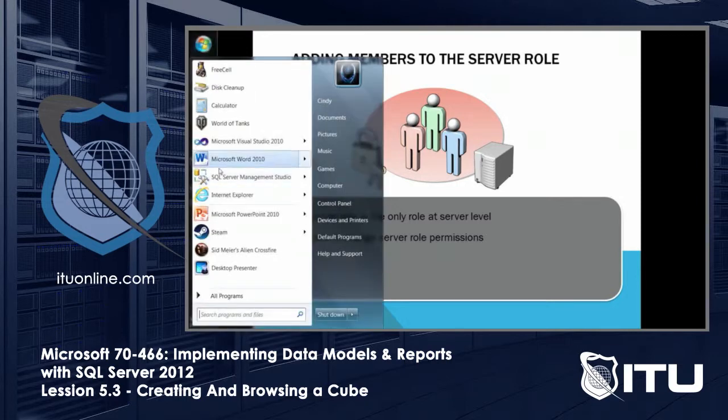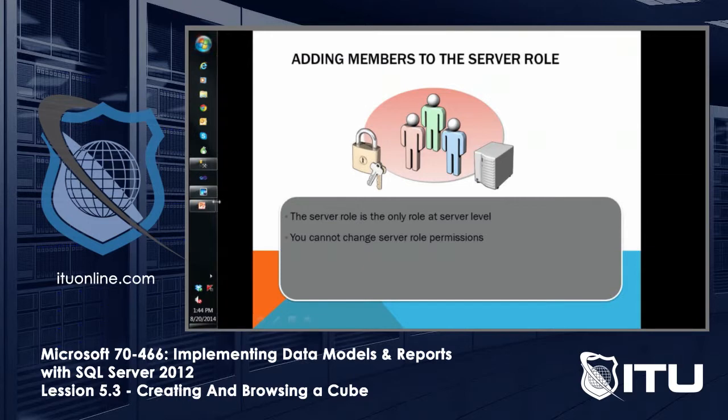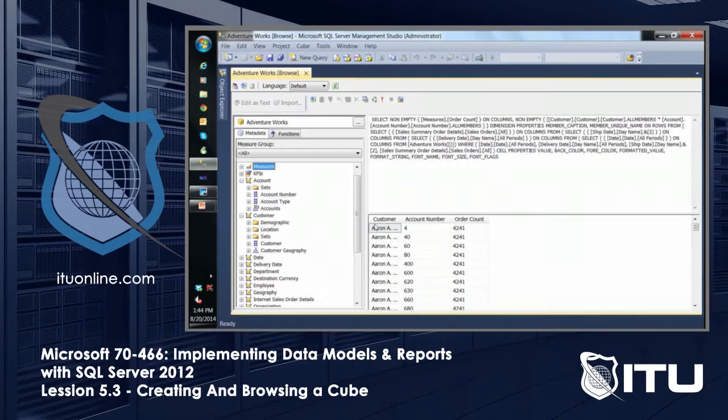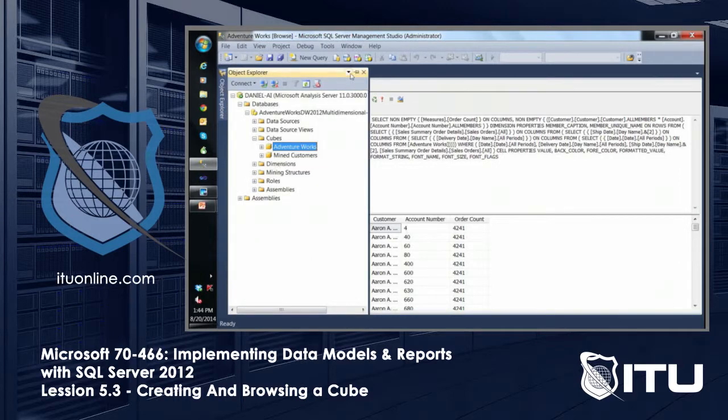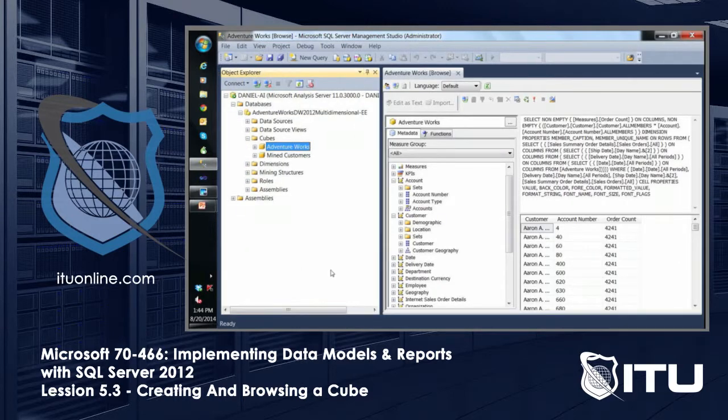If I go and look at that right now, since I have SSAS open, I can go here and say, give me the Object Explorer, pin that open, and I can set security on those cubes. If I look at the roles, okay, there's nothing in there. But if I were to go ahead and say, give me a new role, I could work on that. If I go up here to the entire instance,